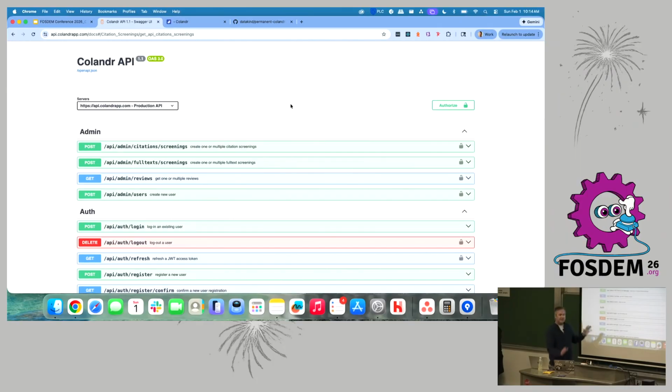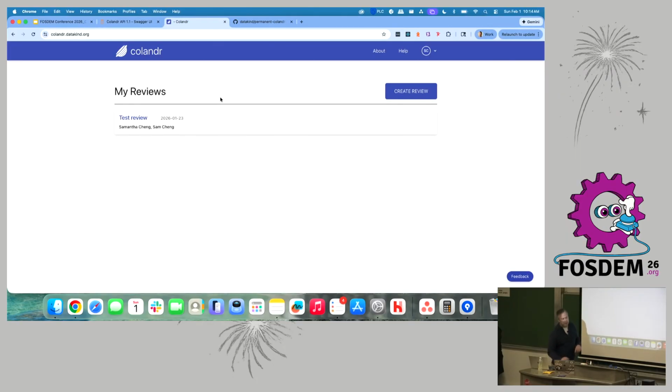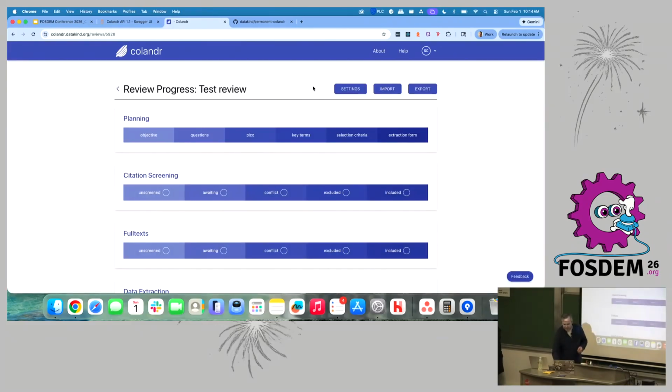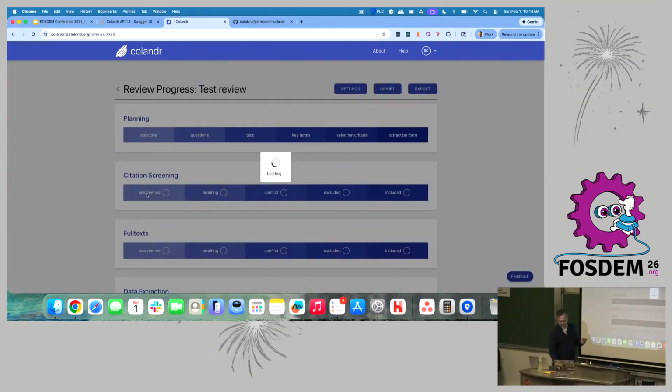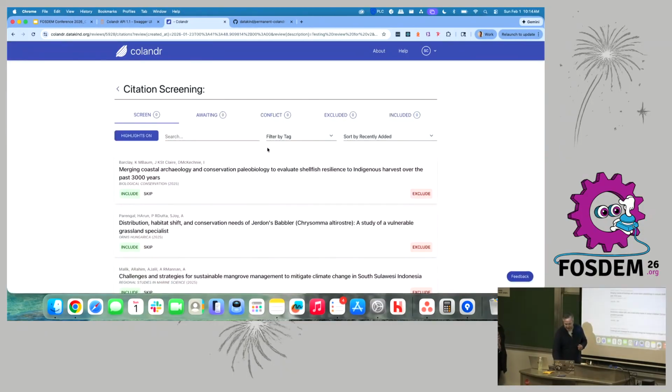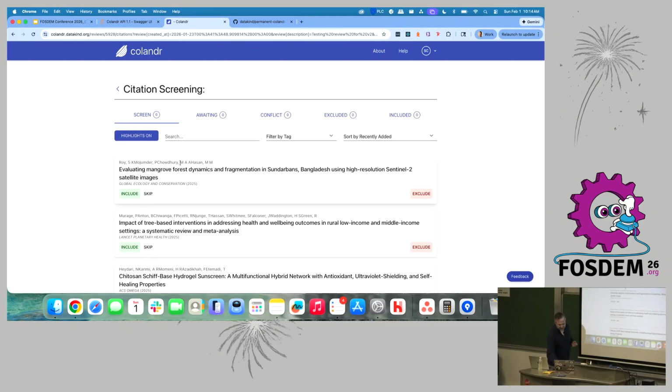So that's the basis of that, what we call the back end. And then we have built a front end, and this is meant to make it easy to use. Here we go. Oh, there we go. It's working. Knowing we're limited on time, I'll just show a couple of the key features. Actually, I'm going to back out. Well, I'll do this first, and then we'll kind of go in reverse.